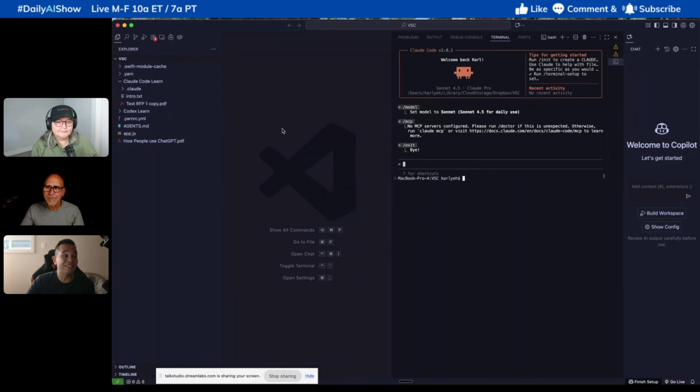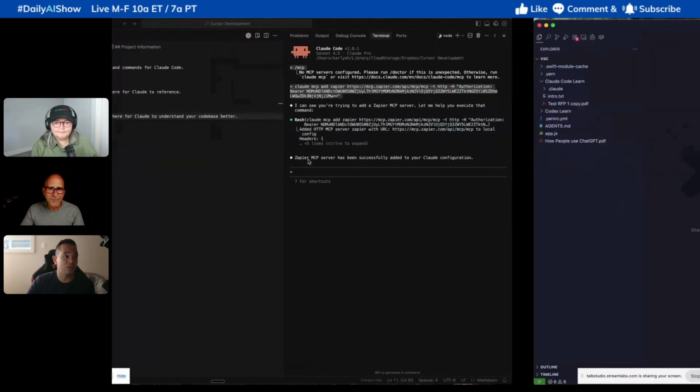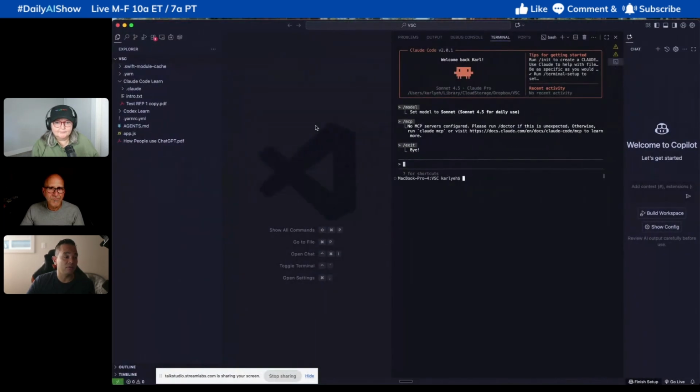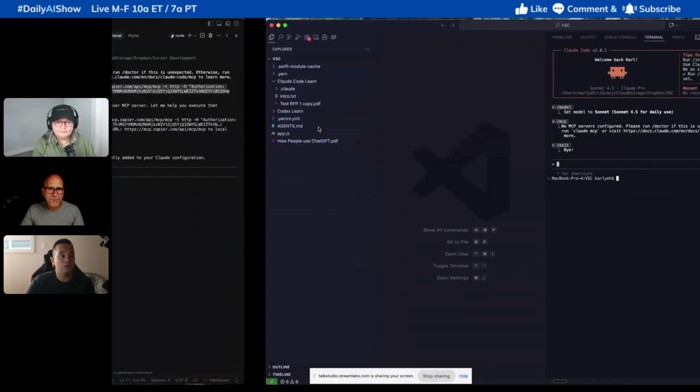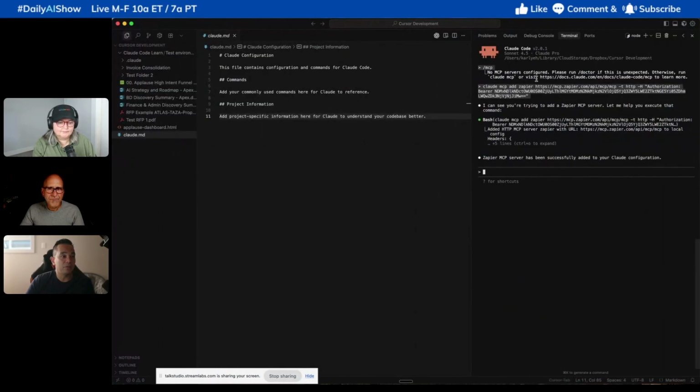Both are free to download, and Cursor is literally a fork of Visual Studio Code, which most people use to code and literally create. I have a new instance here of Visual Studio Code, but I've used a couple things with Claude Code. So I'm going to interact back and forth,